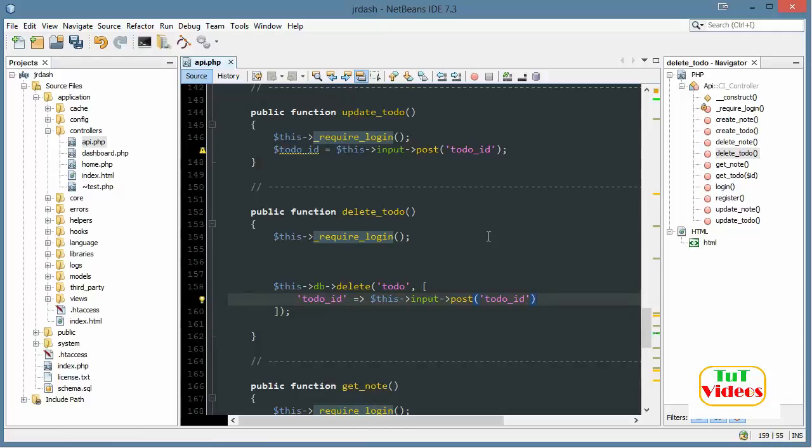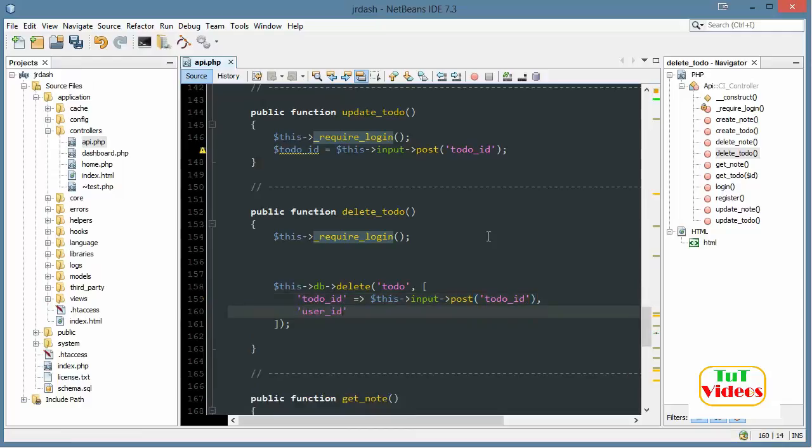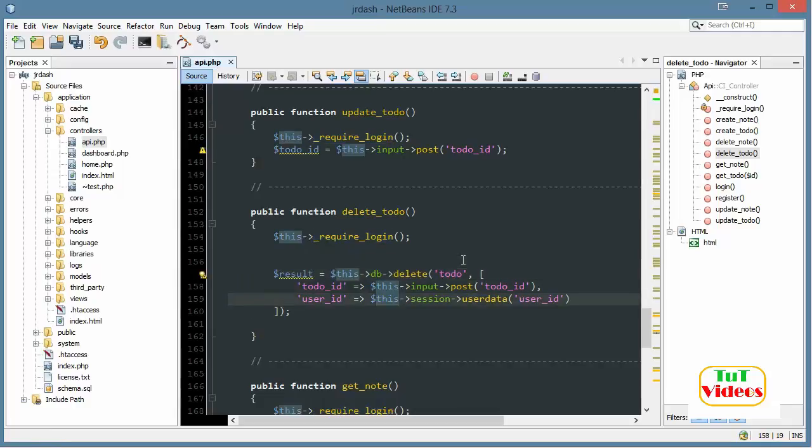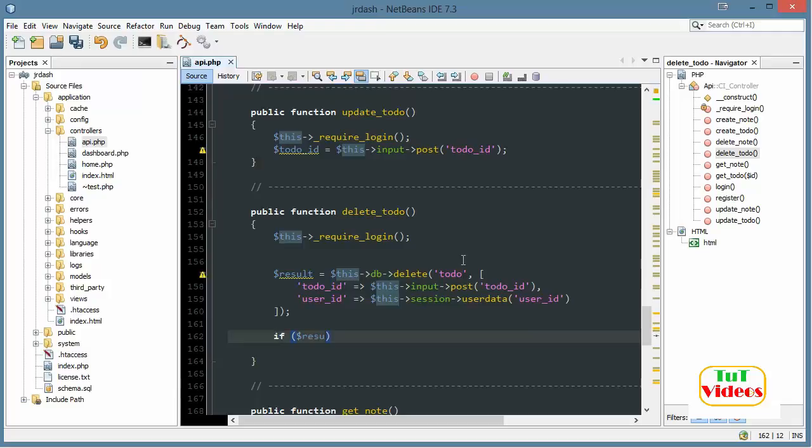to do it where the user ID is the same guy. So user ID equals this session user data user ID. That way nobody can hit up the URL and delete someone else's item. Now for creating them, it only creates items for the guy that's logged in, so that's protected. So I'll call this result. I'll say if result,